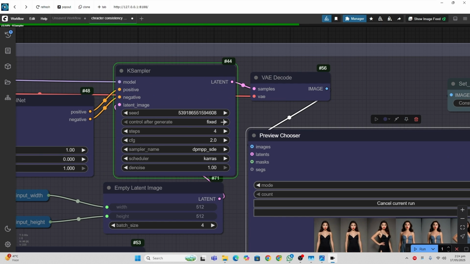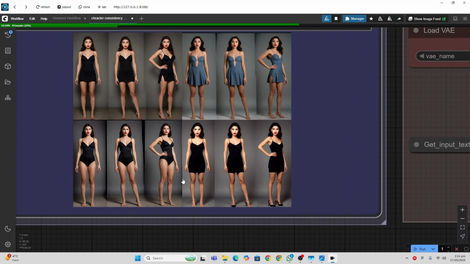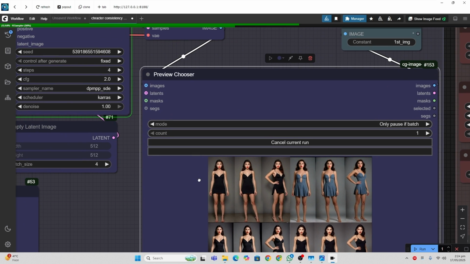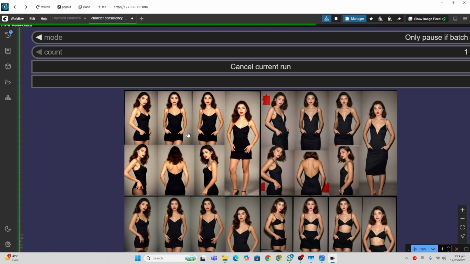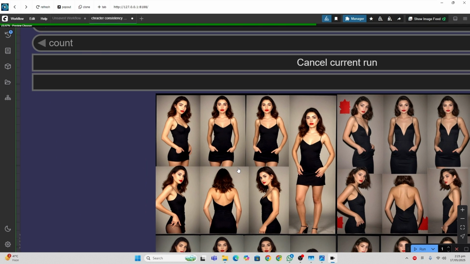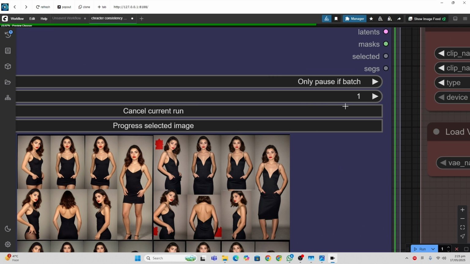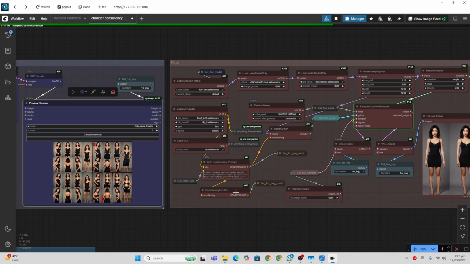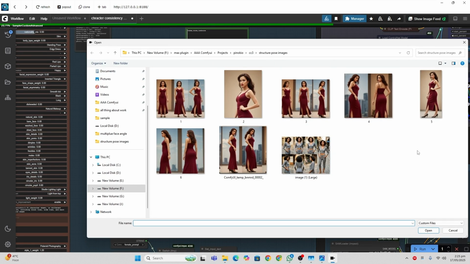Now after fixing this, what is going to happen is it's going to give us the same body type and body structure as we already have, for consistency. Because I fixed the seed here, you can see the first image that we have is very similar to our previous models. So I'm going to select the first one and go with the simple progress selected image, and it's going to render the improved version here. I'm going to do that with all of these images, and then I will go to the next section. I'm not going to show you all of this. Now you know how these processes work.